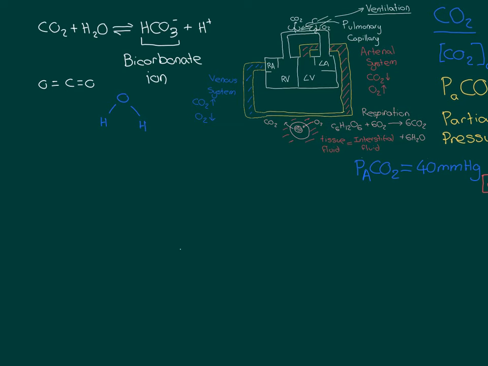So these two molecules here can react with one another, so I'm showing the forward reaction, and before they actually become bicarbonate and protons, they will form an intermediate molecule known as carbonic acid. So let me show you carbonic acid. So I'll try a new colour. So the way that this is actually going to occur is, and this is not an electronic flow diagram by any means, so chemists look away at this point,